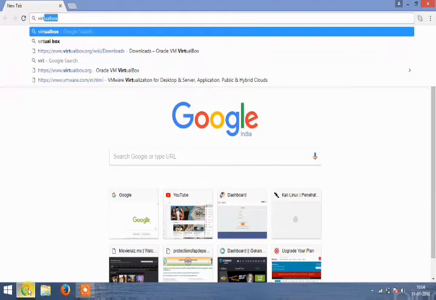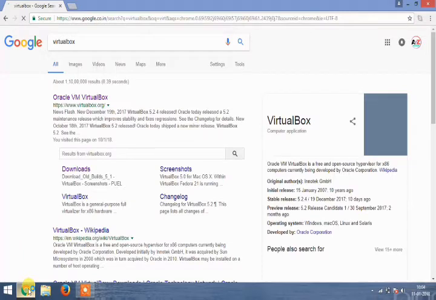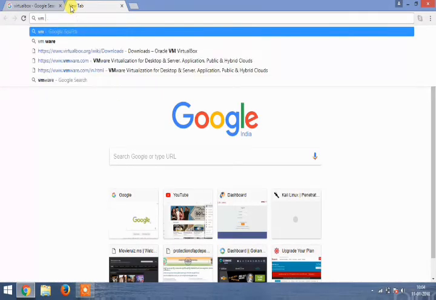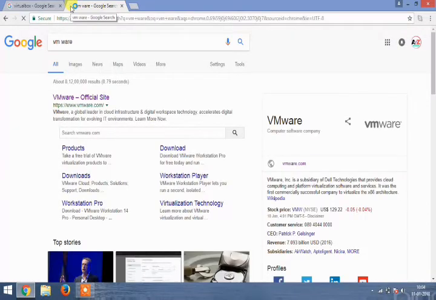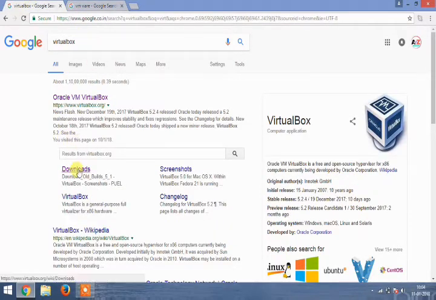Just search for VirtualBox. VirtualBox is powered by Oracle, and the other software is VMware. Both are the same, but VirtualBox is open source, whereas VMware is not. You can download both from the downloads page. I'll choose VirtualBox. Just click on downloads,